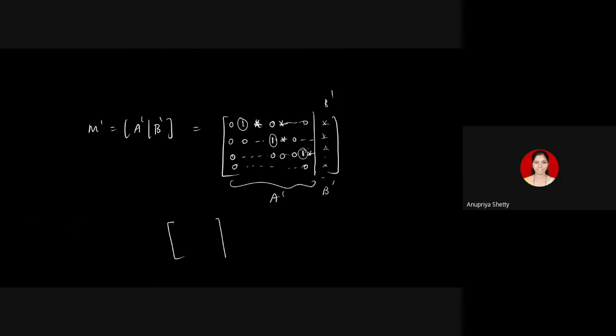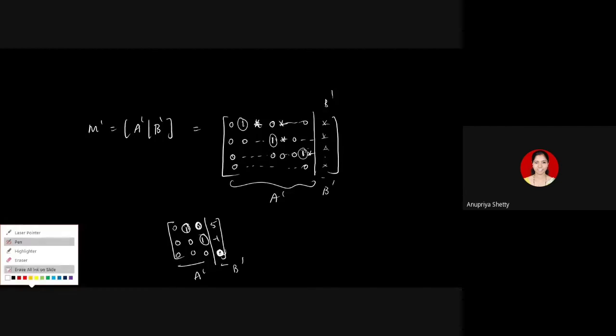One example would be a matrix where there is 0, 1, 0 here and 5, and then -1, 2, 0, 0, 1 here, and the last one should also be 0, because if it is 2, I can always make it 1. So this could be one example where you see that there are two pivots, both present inside A dash itself, correct? In the last column B dash, there is no pivot present. So that is the picture we have right now.